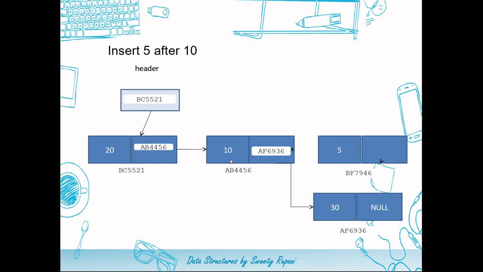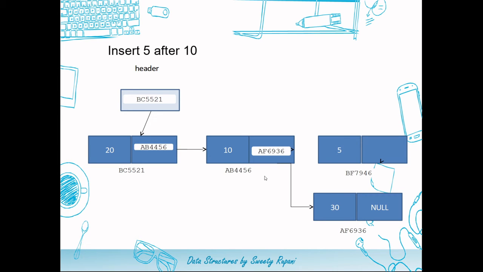How does it get the address of the next node? From this particular next field. So the pointer would now point to this particular node. Over here it will also do the same thing. It will compare the data. Is it my desired value? Yes, I found my desired value. So what is required to be done? This newly created node is required to be attached after this particular node. So that's what it will do.